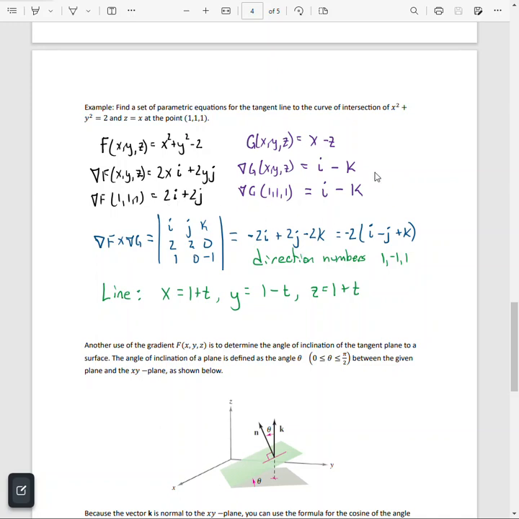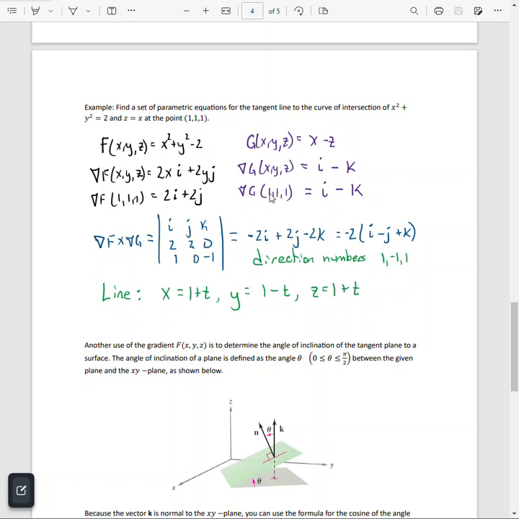We're going to do the same thing with our gradient of G. Notice, though, that the derivative of x is 1. There's no derivative of y, so we do not have a j term. And the derivative of z is -1, so we have a minus k. And i minus k doesn't care what's going on with x, y, or z. There's none in here. It's just i minus k. So we find the cross product, so we can find our intersection